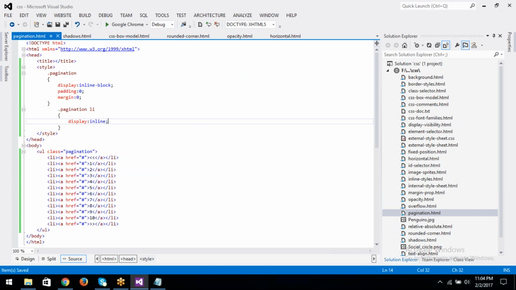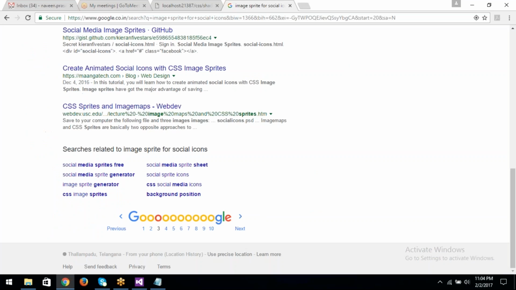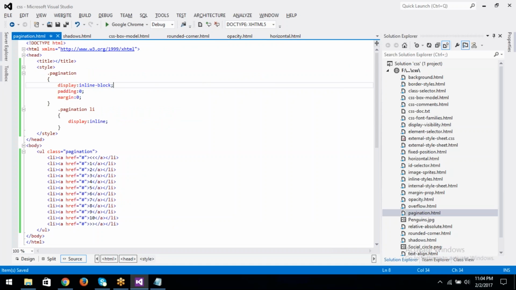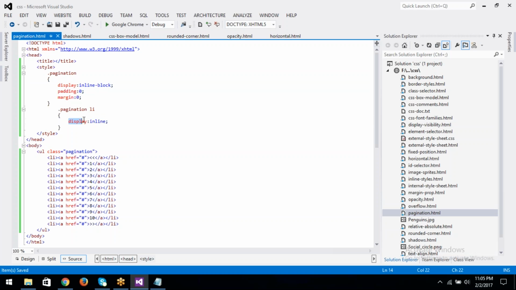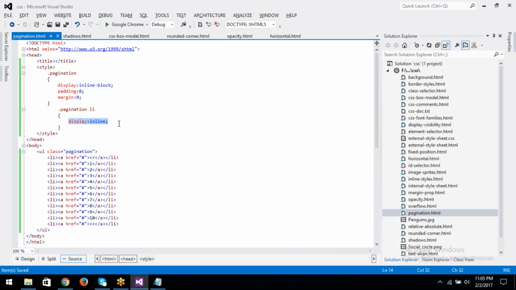Okay, so now test this once. Okay, so all these are displaying inline. So we use the display inline property to display all these numbers in a single line. Okay, so this is the usage of the display inline property,